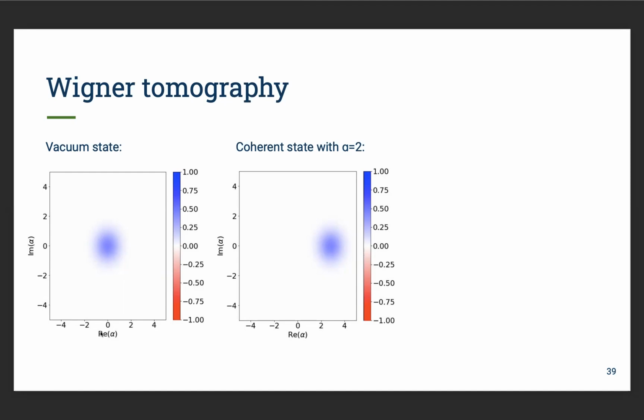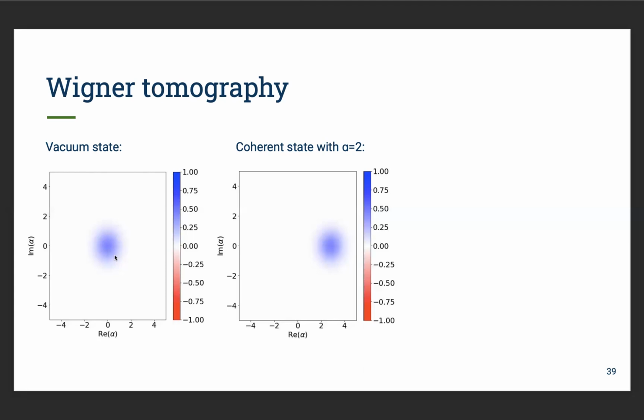This is an example of what the vacuum state would look like if you did Wigner tomography. It's really a quasi-probability that you would find the cavity in this state. You can see that it's centered at 0, 0. And it's not just a point at 0, 0 because of the uncertainty principle. It needs to have some